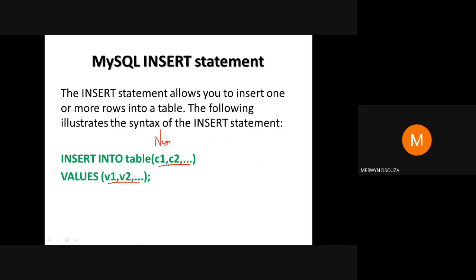Then the first value here should also be a name. The second column is roll number, so here also the second value should be a roll number. So the values and the column names should correspond.